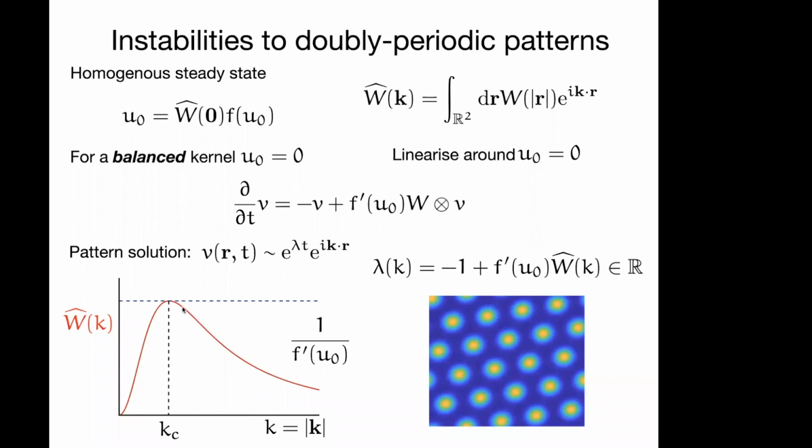How to pick the emergent pattern, because it's just determined by the peak of the Fourier transform. And that peak is obviously inherited from the choice of the kernel. So your wiring diagram has a scale, your Mexican hat has a scale. That determines a scale of patterning once you're beyond an instability. So the pattern here has a spatial scale determined by the wiring. It's not determined by any intrinsic